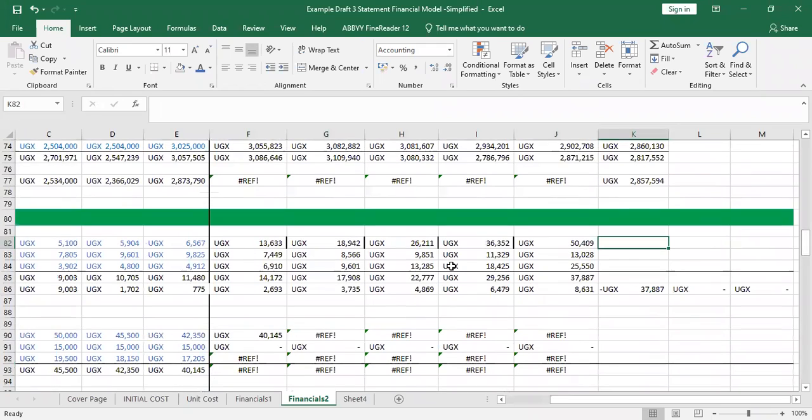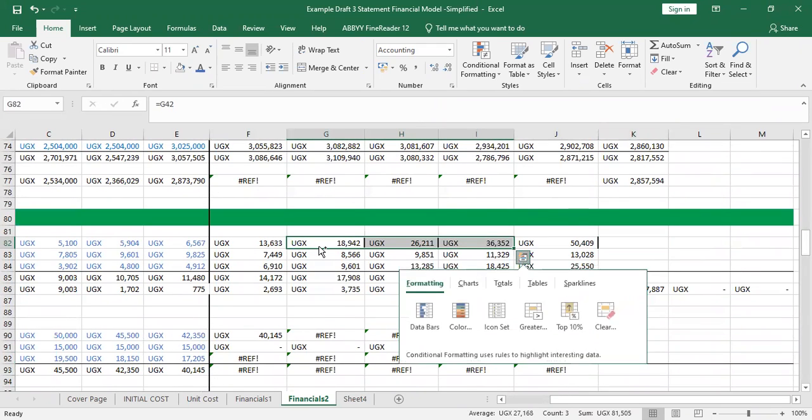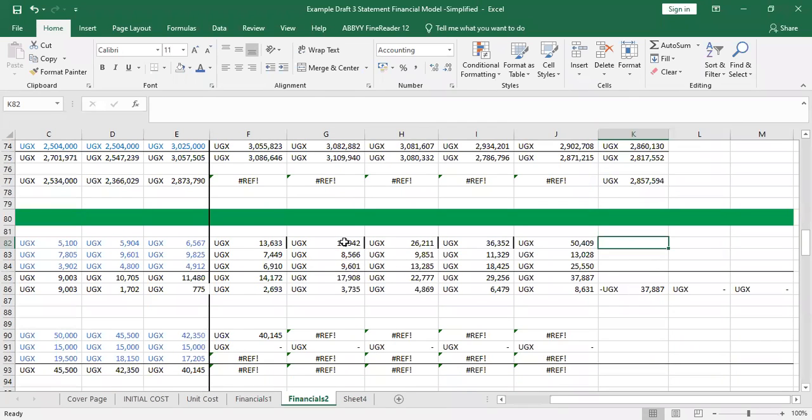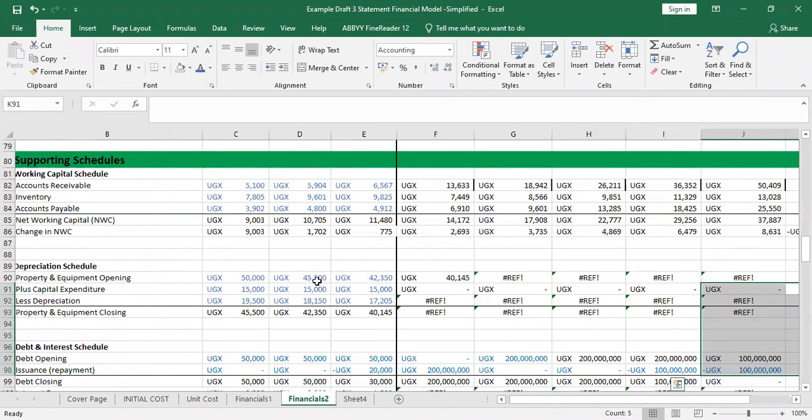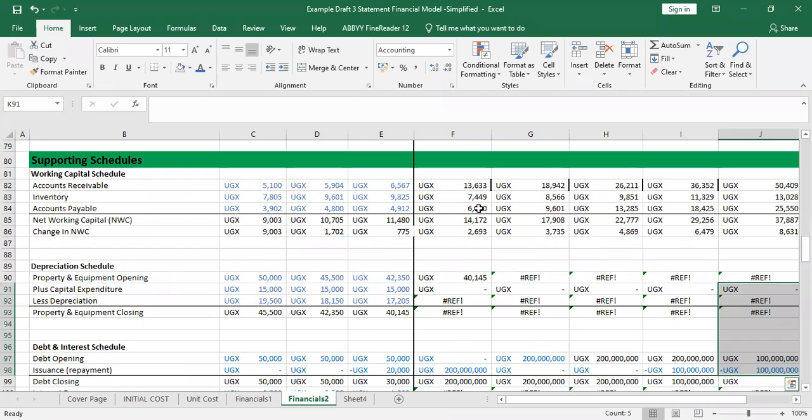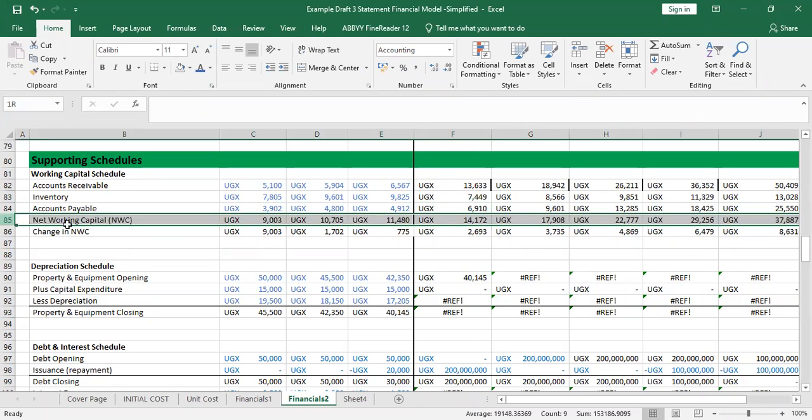Okay, so we finished the receivables and payables. Once you finish the receivables, payables and the inventory, you are able to calculate our biggest interest, which is to find the change in net working capital. Okay. Net working capital is